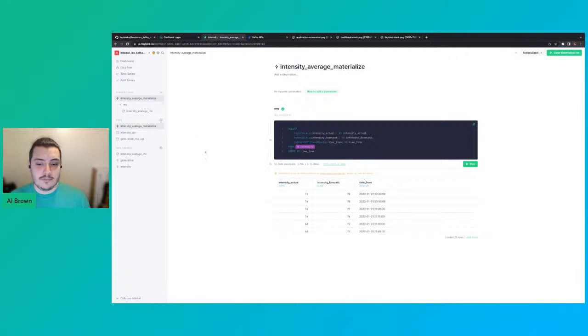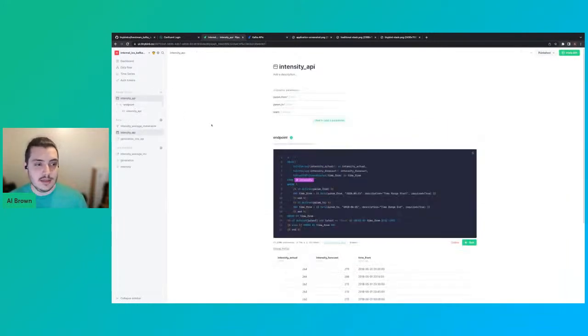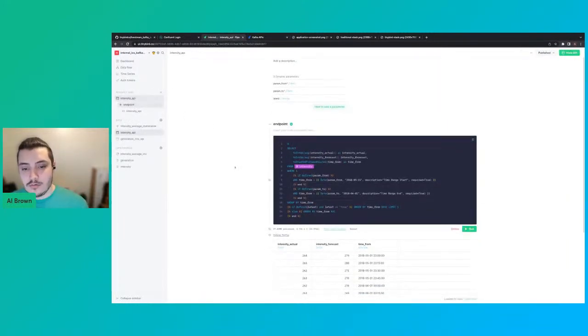So now that I've got that, that's just going to keep going, and as I add in new rows, it'll be kept up to date. So in my intensity API, I don't actually need to work out what the